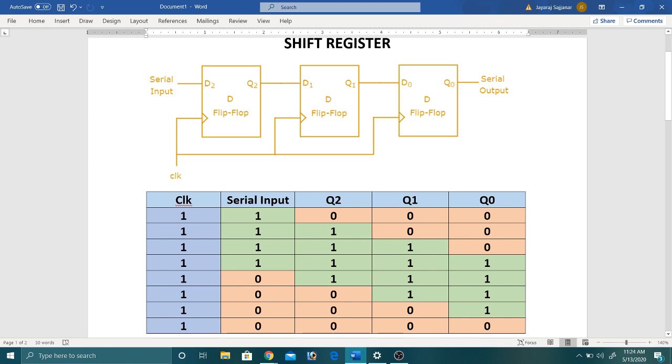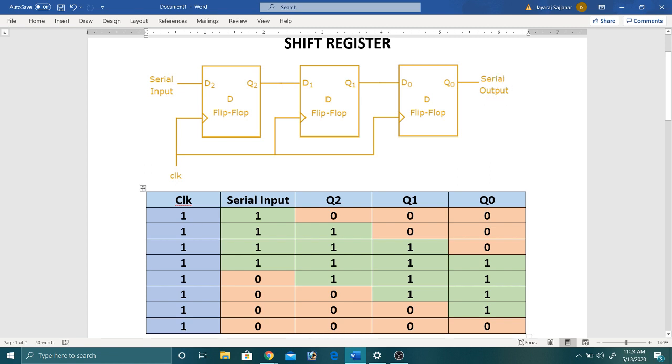This is a setup of shift register, very commonly used for arithmetic operations and even for some logical operations. So in shift register, whatever input we are going to provide here, it is shifted from one flip-flop to another flip-flop, and finally we get the output after the last flip-flop.